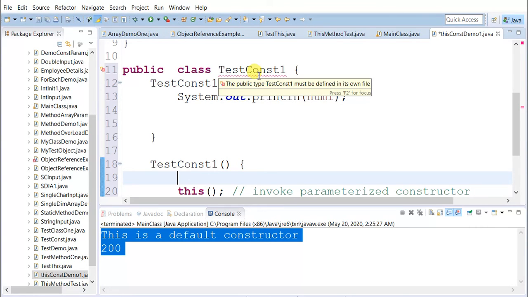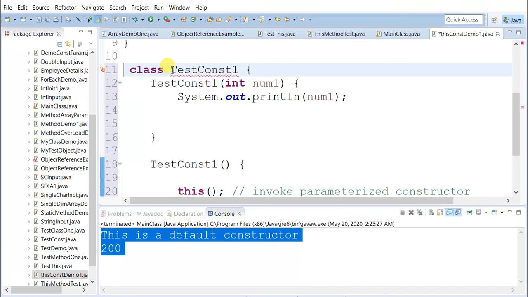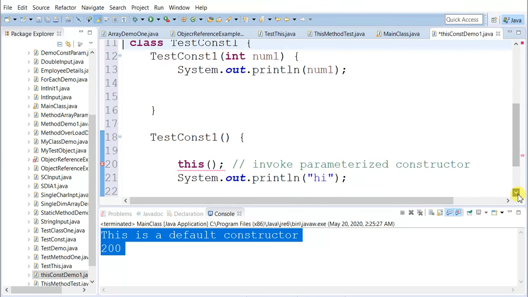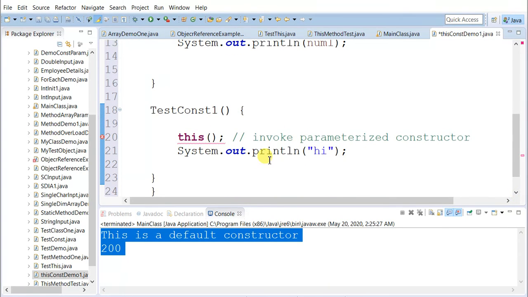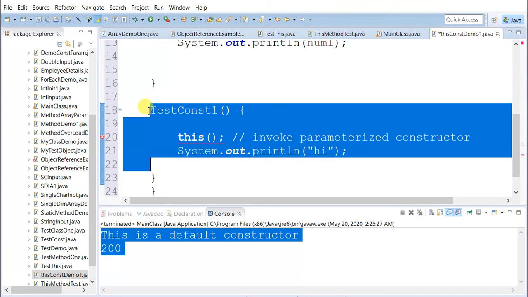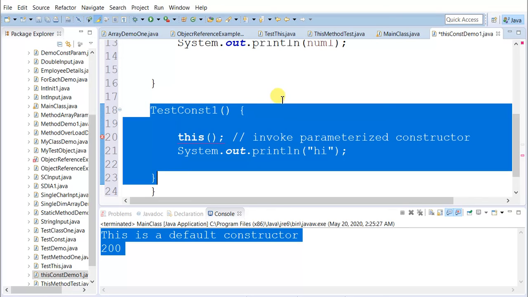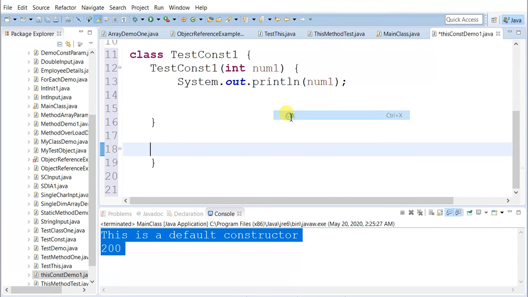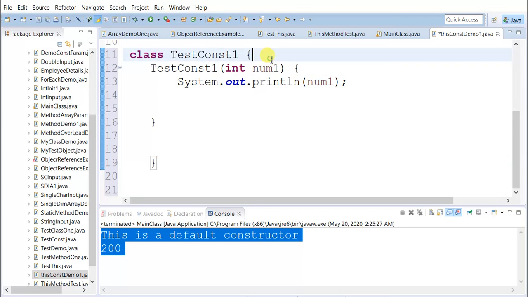So let us say public class. Okay, let me say it like this. Let us just do one thing. I'll cut this and put it over here.